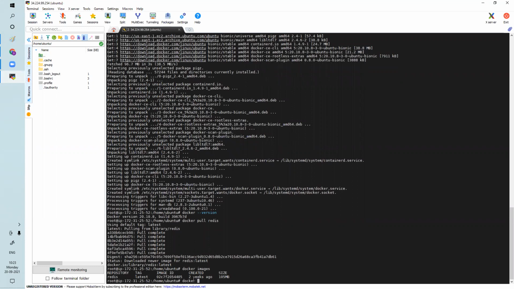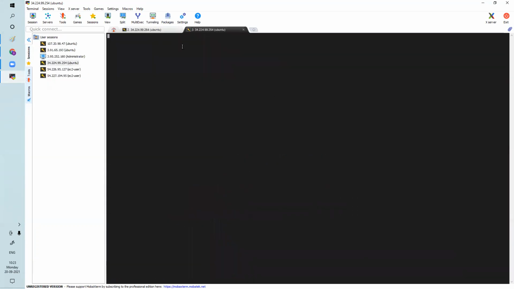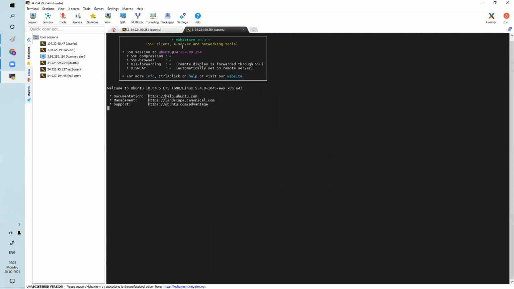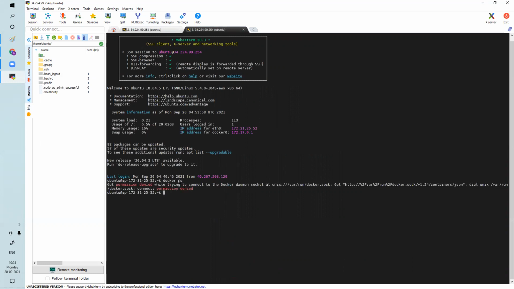Now docker run redis. It is running, right? Now if I open a duplicate tab and do docker ps, you can see one container is showing.